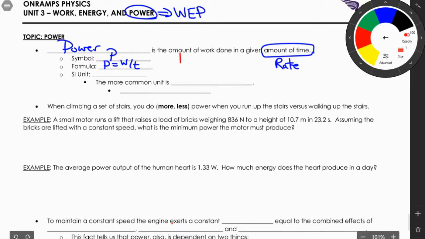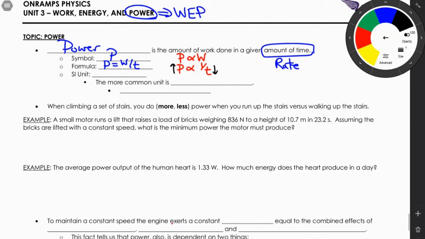So you can see that power is directly proportional to work, which means if I increase the work, I increase the power. Now here's the important one. Power is inversely proportional to the time, which means if I decrease the time, power will go up. And a lot of times they'll do that on multiple choice questions or Learning Catalytics, just talking about